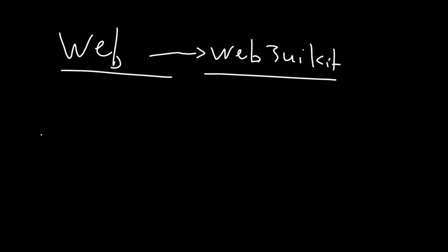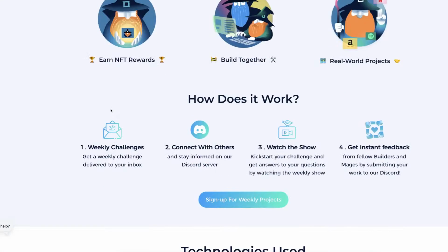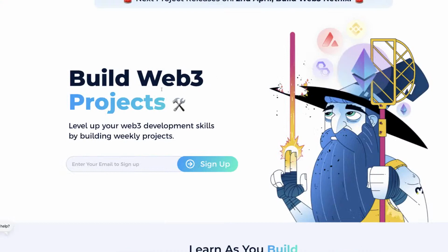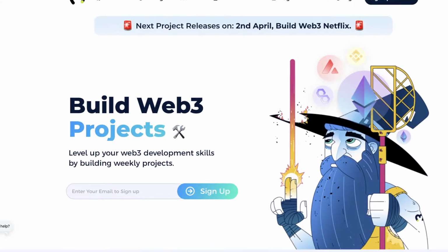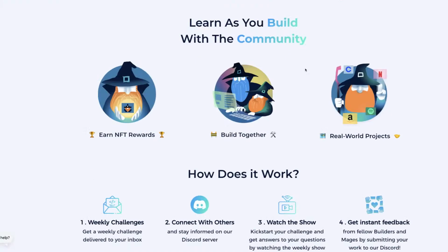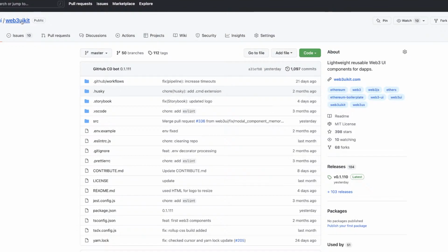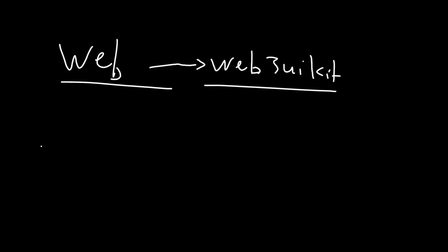If you are a web developer, you are already quite far ahead when it comes to these projects because it's going to be web-based. This first one is going to be web-based, and next week we're going to do one which is Unity-based, so it's a C# game engine, but the first one is web-based. So if you know web, you can already right now do a sneak peek by experimenting with Web3 UI Kit, because this is going to give you a big advantage in these weekly hackathons. If you're a web developer, Web3 UI Kit is your path into Web3 development.